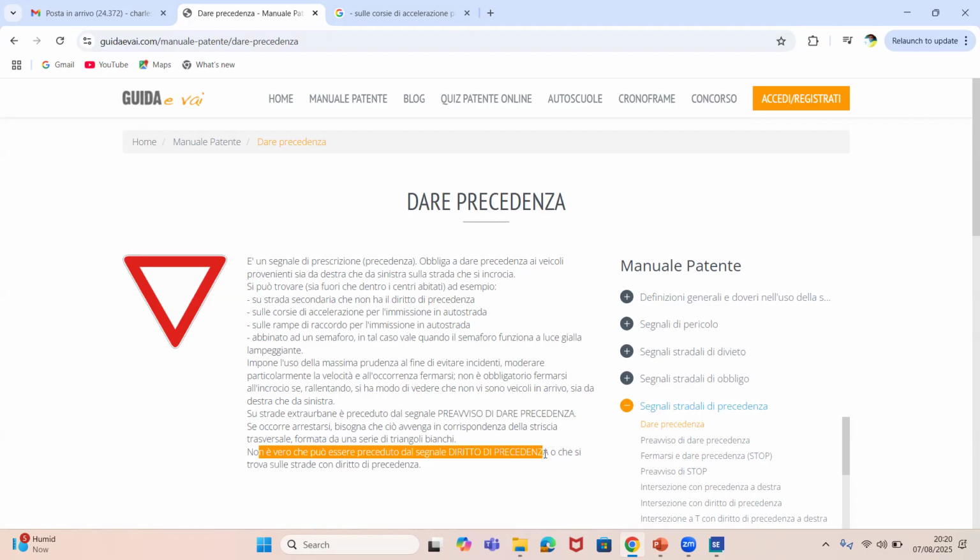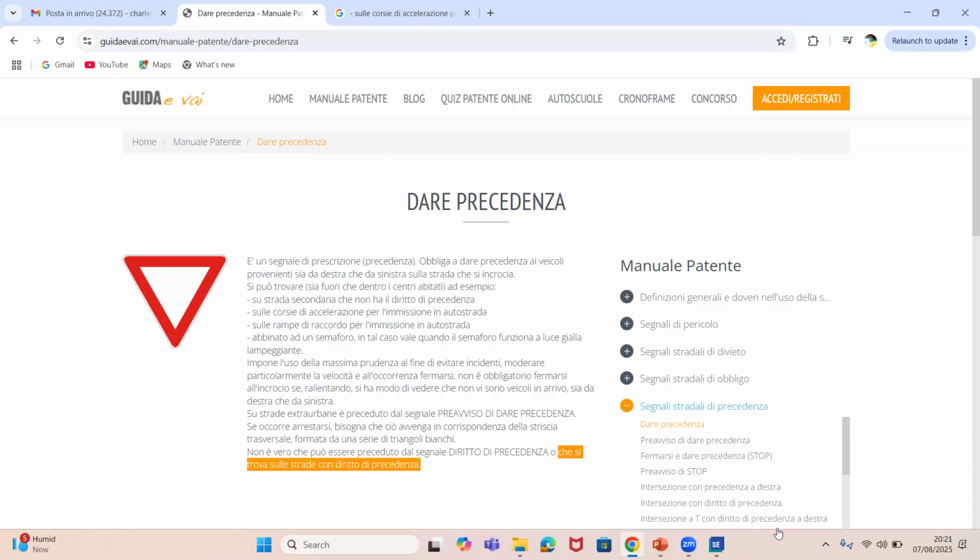They have nothing in common. Next one. Non è vero che si può trovare su strada con diritto di precedenza. You can never see dare precedenza segnale inside diritto di precedenza. Please write it down. I said in the beginning that for all dare precedenza segnale, the triangle is going downwards. When we start doing diritto di precedenza, we'll see the difference.